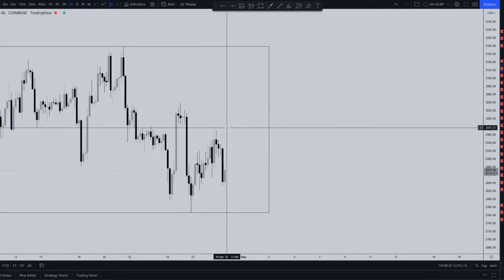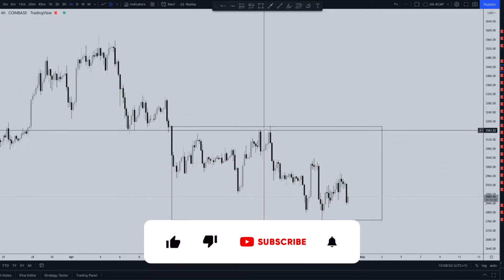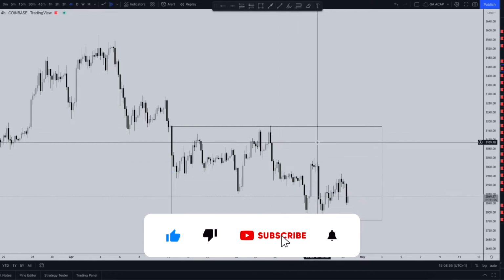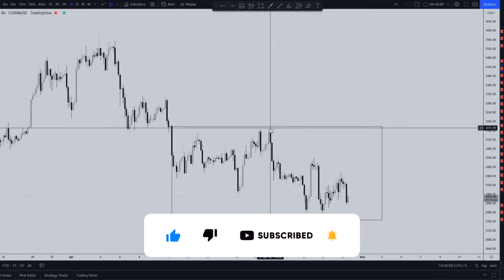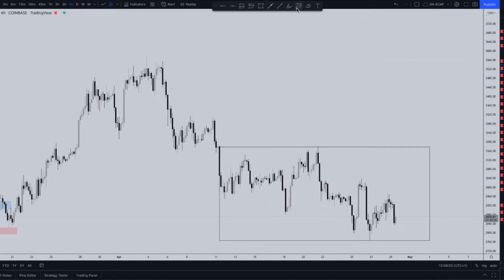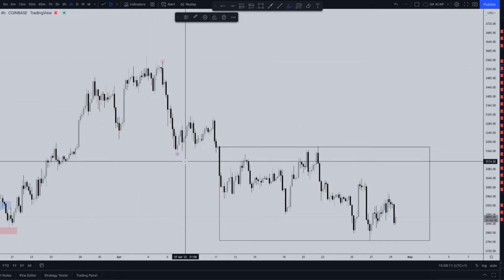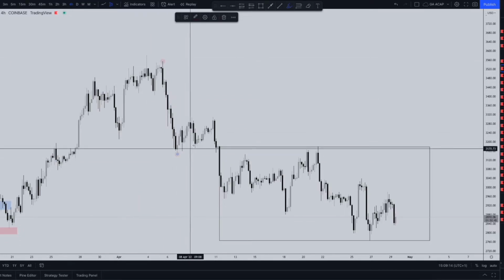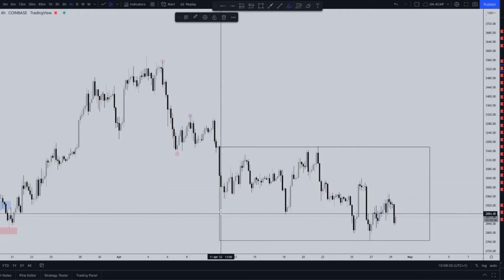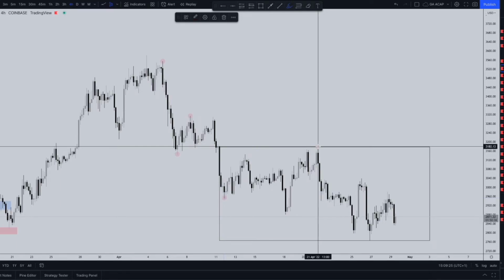But once we do take out these highs, the main target would be to see how price reacts once it reaches this lower high. And the main reason for this to be the lower high is because this was the lower high that initially caused the lower low. So if we get out the marker, you can see here that was the higher high, and then that was a lower high and then lower low. This was the lower high, and from here onwards this was the lower low, and then from here this was the lower high